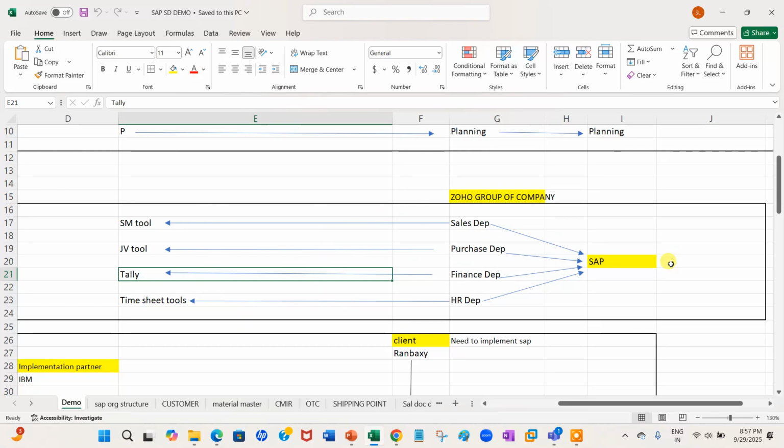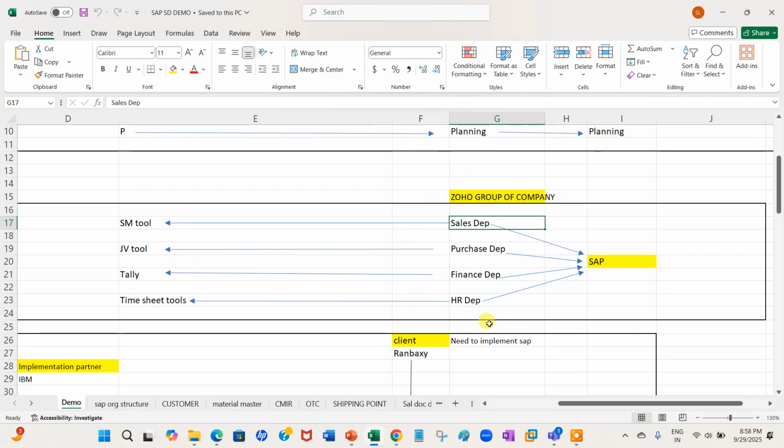So instead of providing all this information in different things, suppose any customer asks for any product, then what do we have to do? We have to go to the sales department. Sales department will have only some information. What will happen at the purchasing, finance and HR departments? They don't have the information. Why? Because they are different departments.